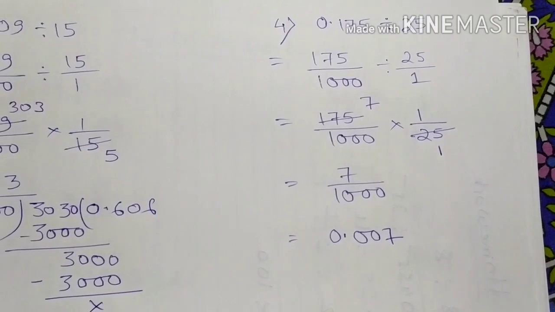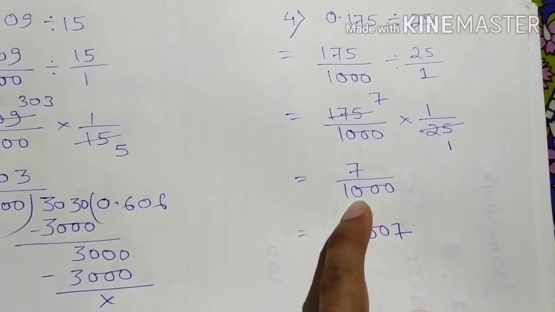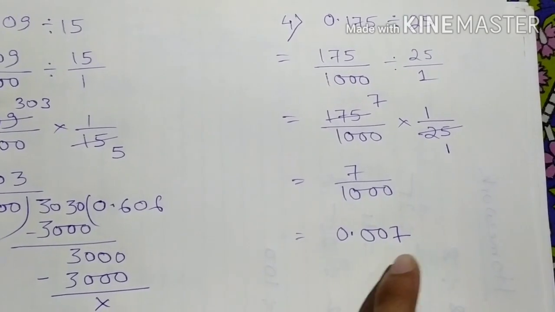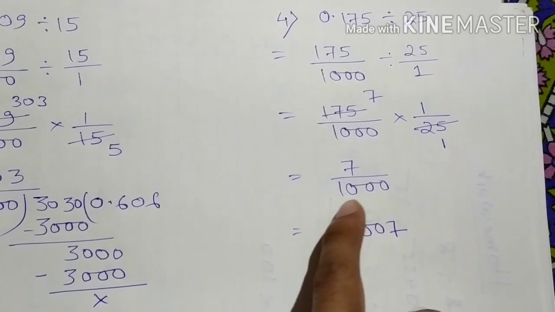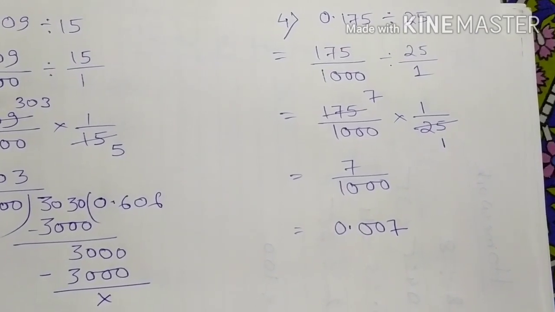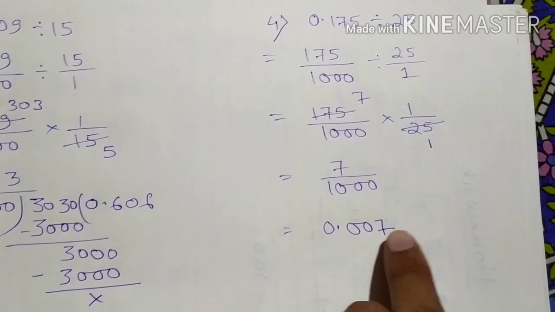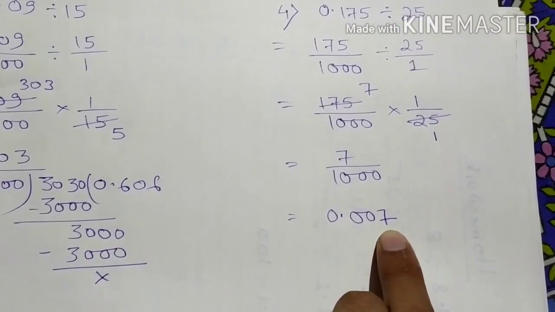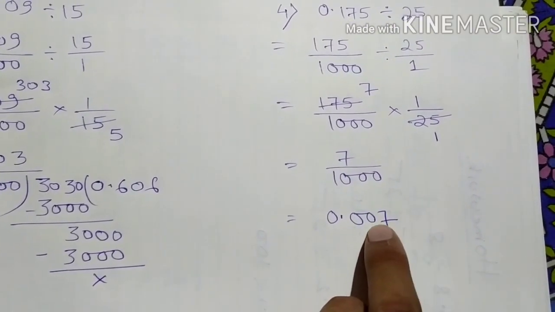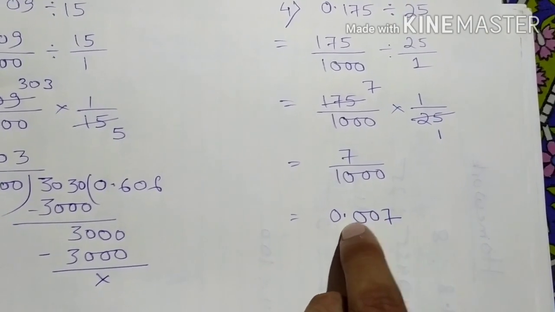Now you have to convert into decimals. So here no need to divide because in the denominator there is 1000 and we already know how to convert this in decimal. How many zeros are there? 3. That means from the back side after 3 digits you have to give point. Now here there is only 1 digit 7 but you have to make it 3. So another 2 extra zeros you have to give. 1, 2, 3 then point.